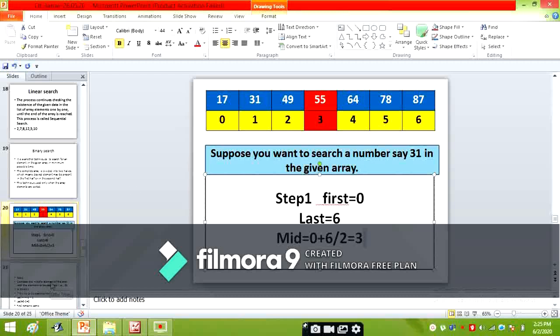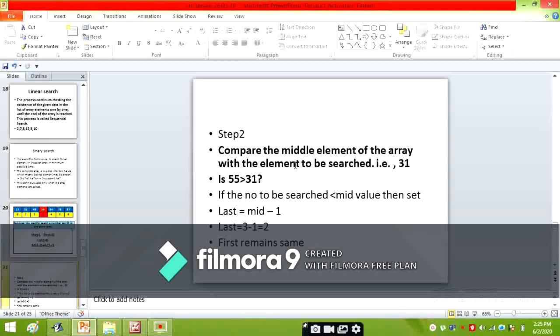For that we have to follow the second step. Compare the middle element of the array with the element to be searched. The middle element is 55. You have to compare 55 with the element you want to search, that is 31.